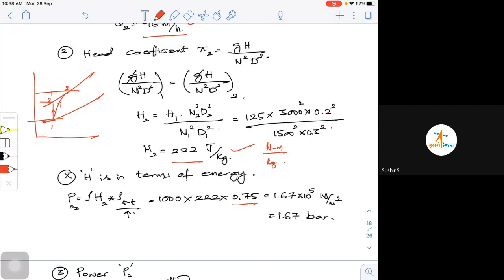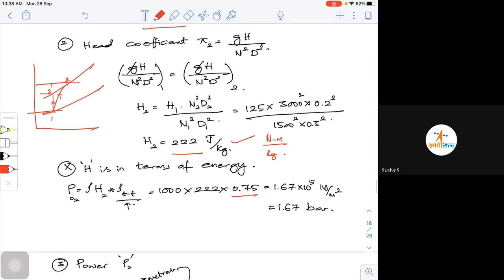So with that, what is your efficiency? It is your isentropic work to your actual work, your total efficiency. That's why I'm trying to do 0.75, that is, I'm doing more work. So 0.75 is the efficiency. So 0.75 into rho into your head available, I get in terms of pressure, in Newton per meter square. Suppose if I multiply by g, I would have got it in terms of meters. So you have to be careful in what unit they've asked.